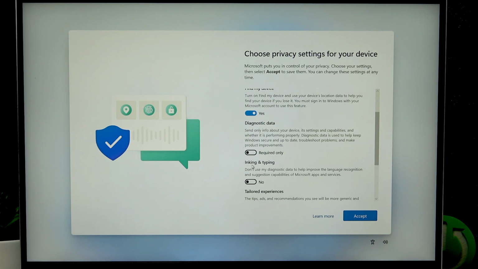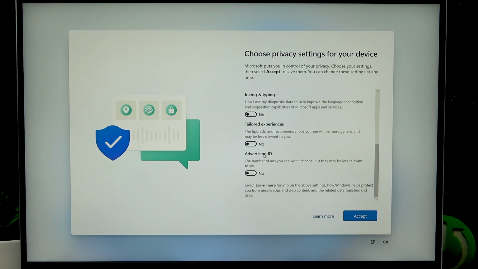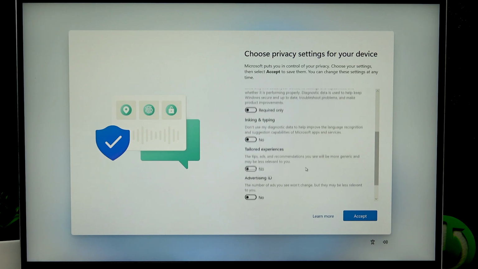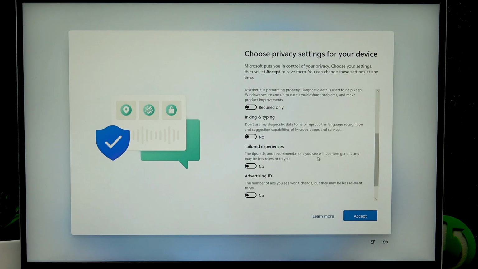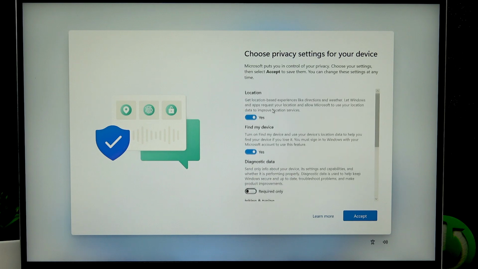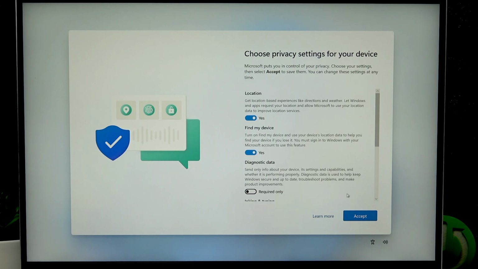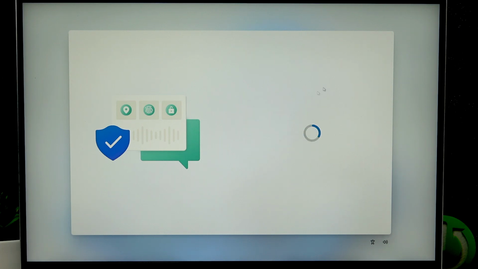Diagnostic data, inking and typing, tailored experience, advertising ID, all of them use your personal data to collect your personal data for research or something, or for creating some experiences for you. So basically you can check each of the options for yourself and decide which ones you want to save and which ones you want to turn off, and then click accept once you're done,